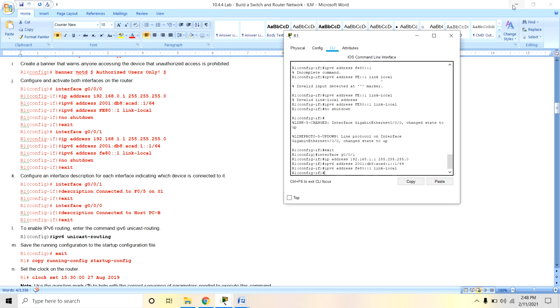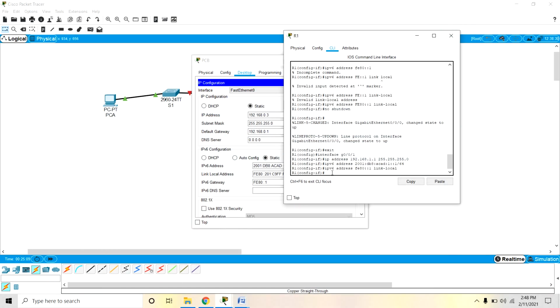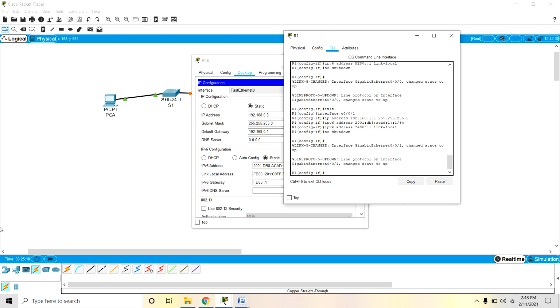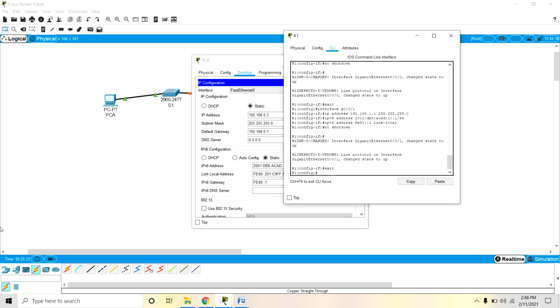Okay. And now no shutdown. And exit. Now configure and activate both interfaces on the router is completed.